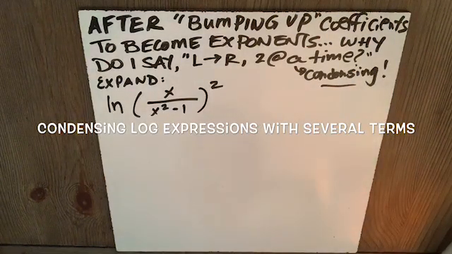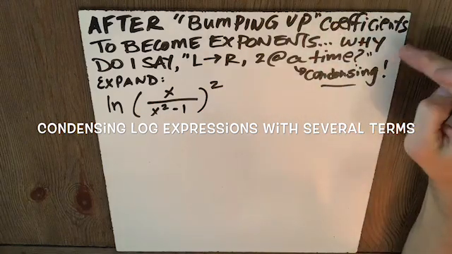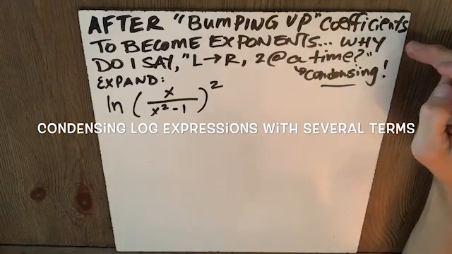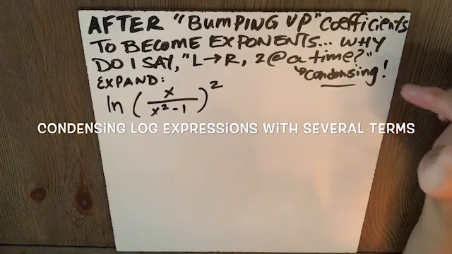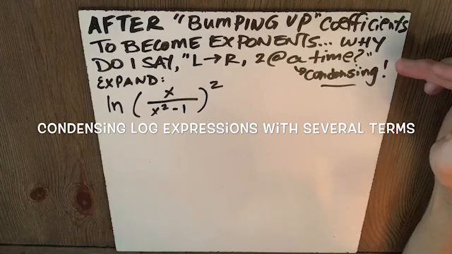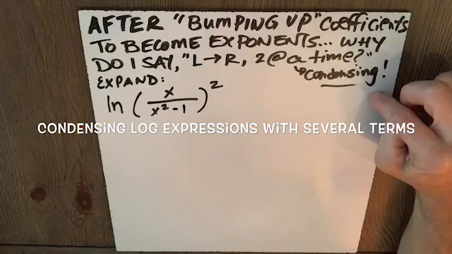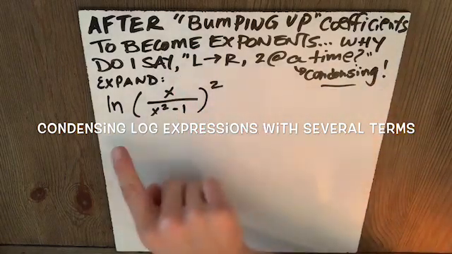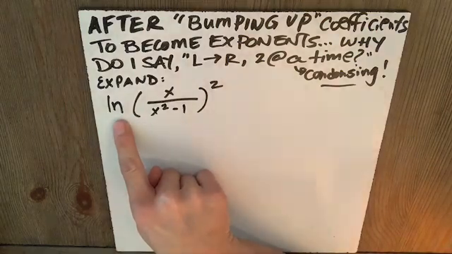When we're condensing, why do I insist that after you bump up the coefficients to become exponents, that's always one of the first things I do? Why do I say go left to right, two at a time? Well, because it gives you the right answer when you're condensing. To understand why I say that, let's first look at the expansion of natural log, remember that's base e, of